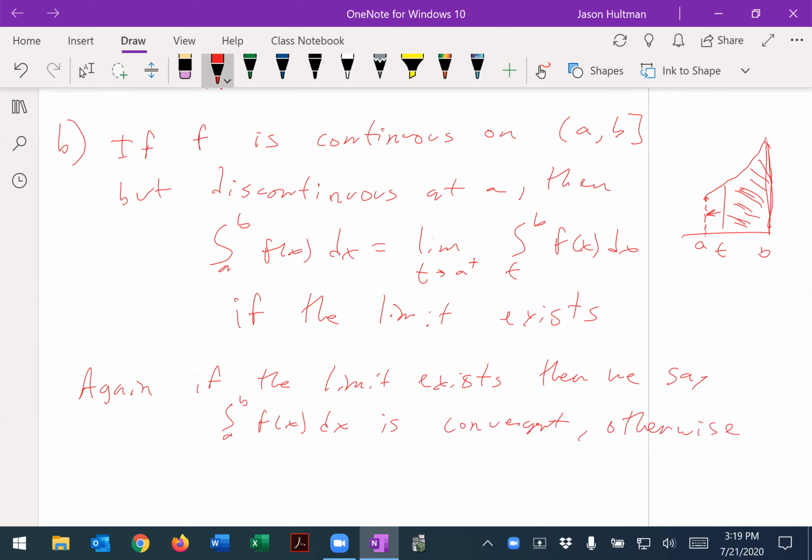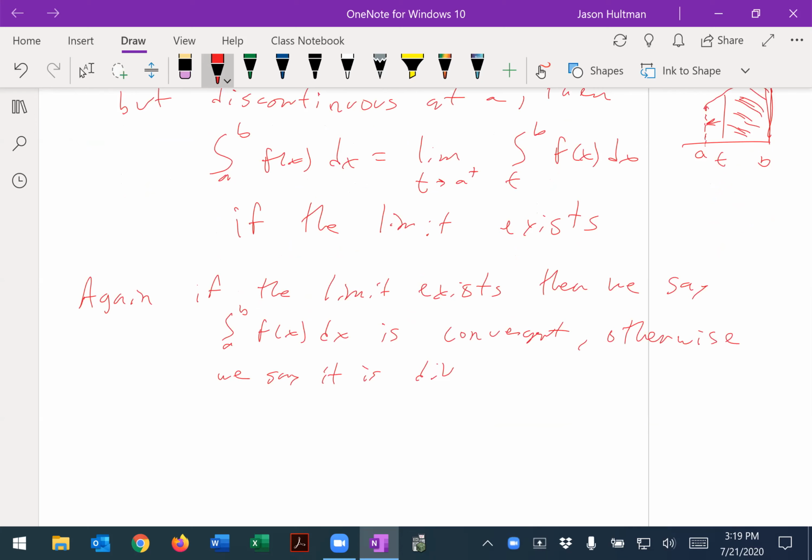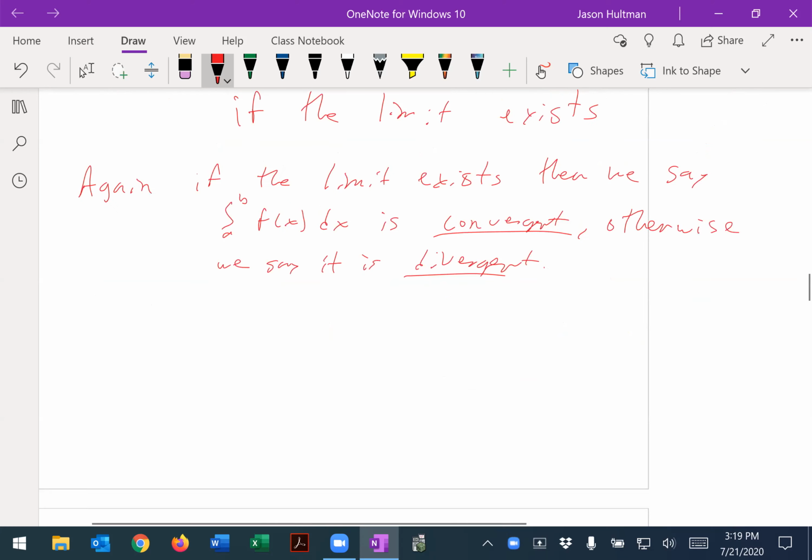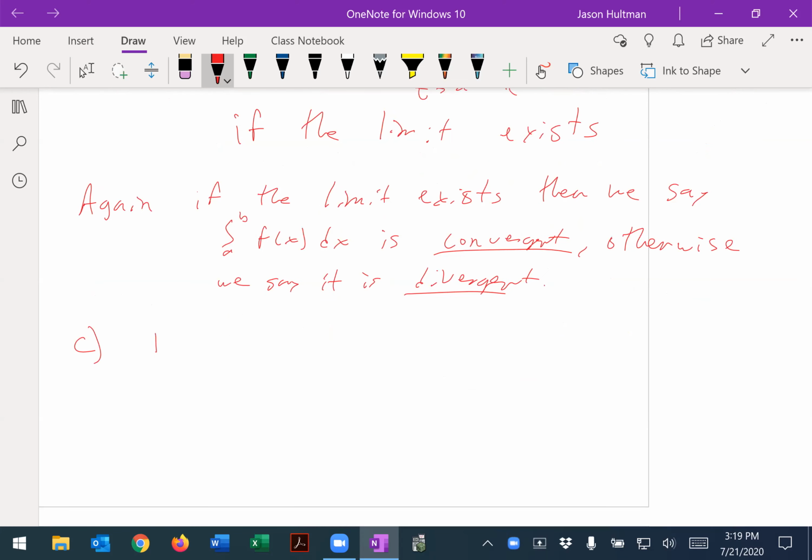Otherwise it's divergent. Okay, if it doesn't exist, convergent and divergent. Okay, C. If discontinuity at C